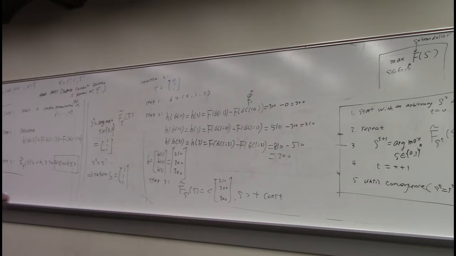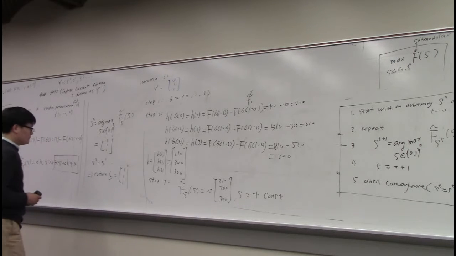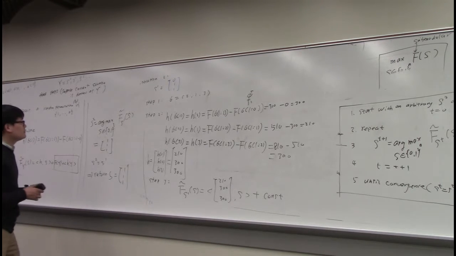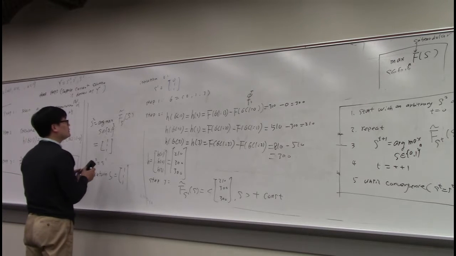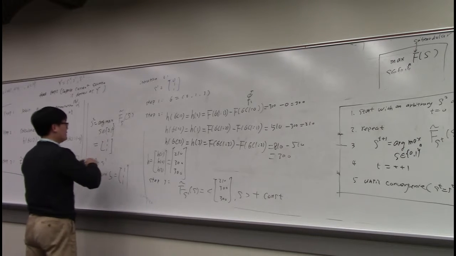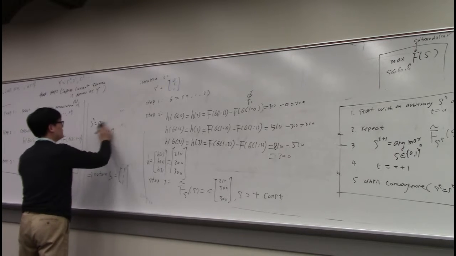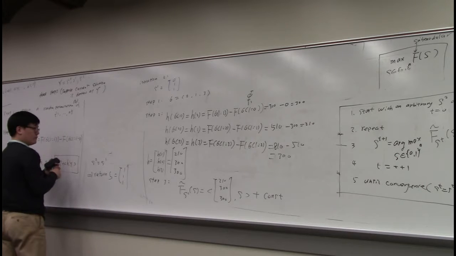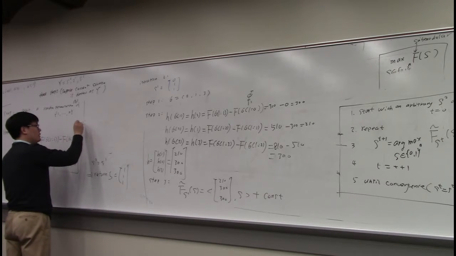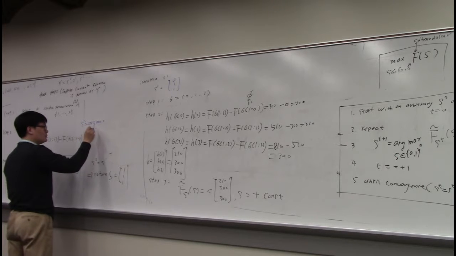Okay? And then this feels the same, right? So now we have S2 equal to argmax S equal to 0, 1, 3